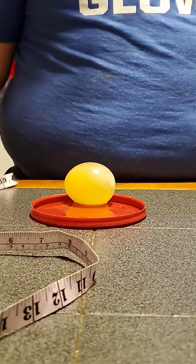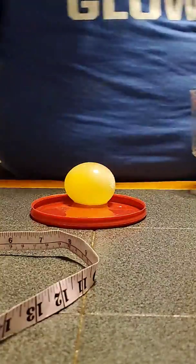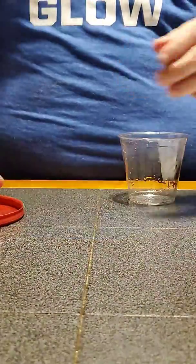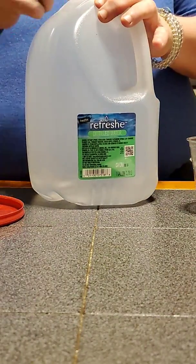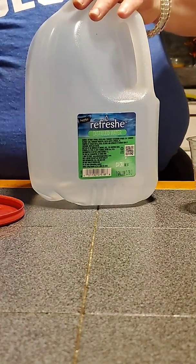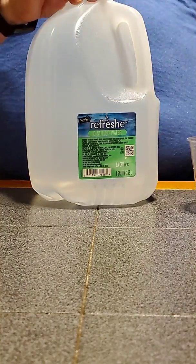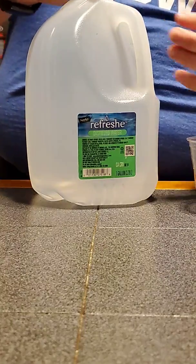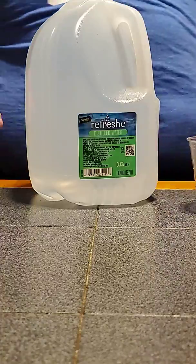That's in centimeters. Okay. We rinsed. It doesn't smell too vinegary, so we've rinsed pretty well. And our egg is here. So this is the distilled water. I got this at the store the other day. It just takes out any of the impurities that might be in your tap water. Your tap water has to be clean to a certain extent before you get it to your house. Distilled water just takes that one step further and takes everything out and makes sure that the pH is at